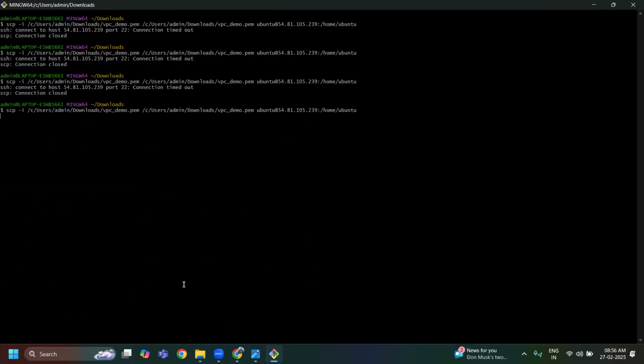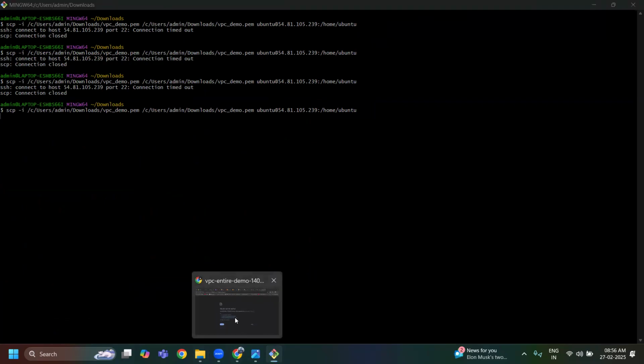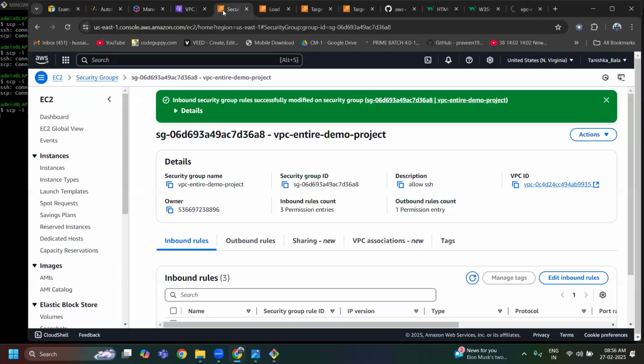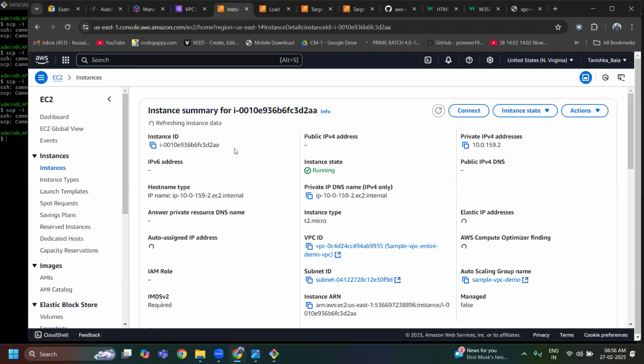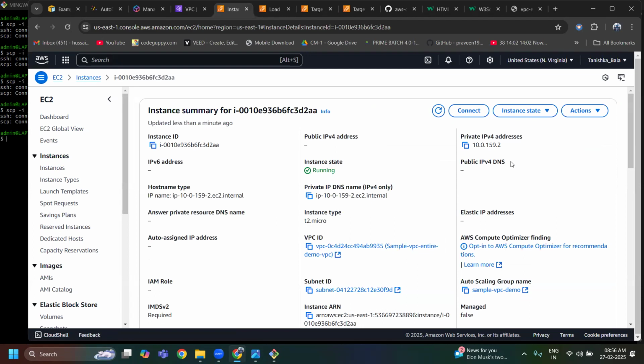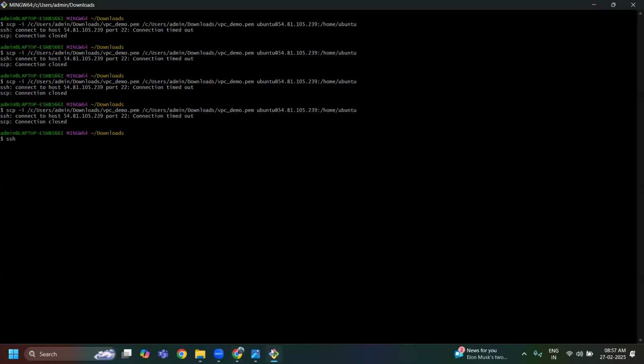One moment. Just go to the second instance here. Security group here. Instances here. Instances here. So 1B. Go to this particular one here. Just copy this private address here. Go to here. SSH. I think we already copied that file, right? So SSH